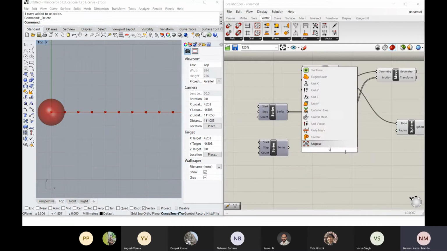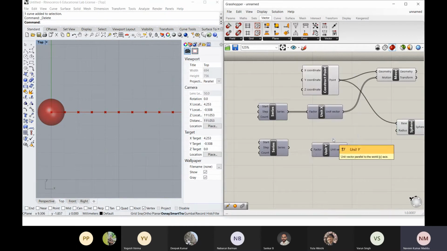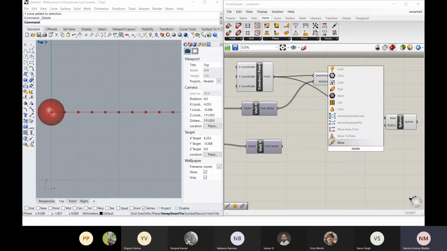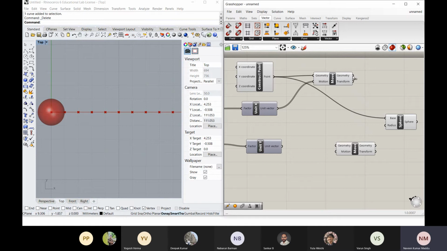and unit y will give you the direction in y direction, and you have to move this geometry in this direction.